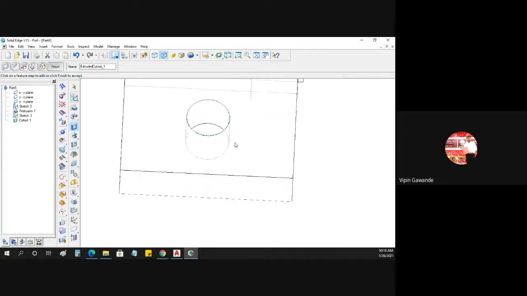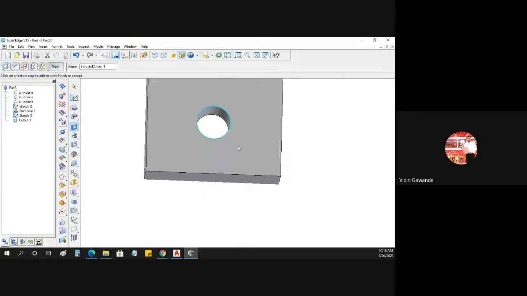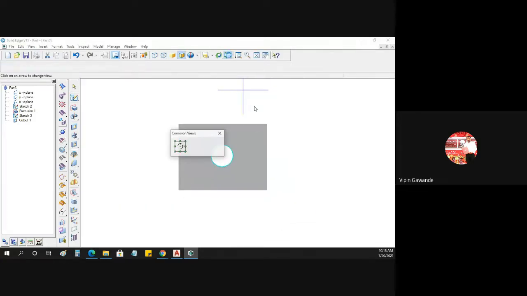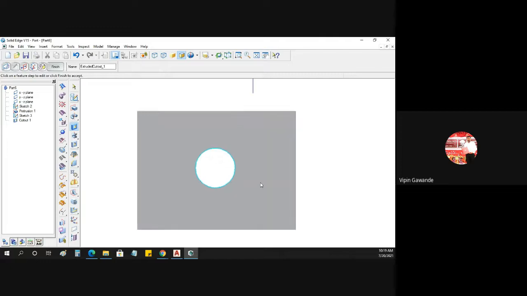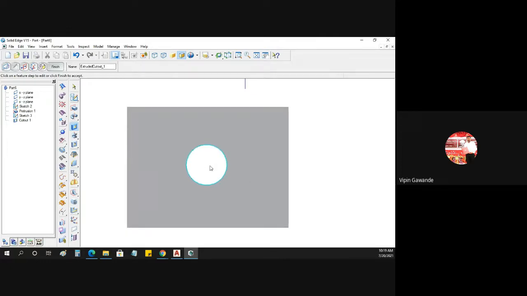The circular cutout is visible in the top view. See, this is clearly visible in the top view. So in one view only that cutout is visible. In all the other views, it is represented as a dotted line. That is a simple fundamental you have to remember. In the top view, the circular cutout is visible.